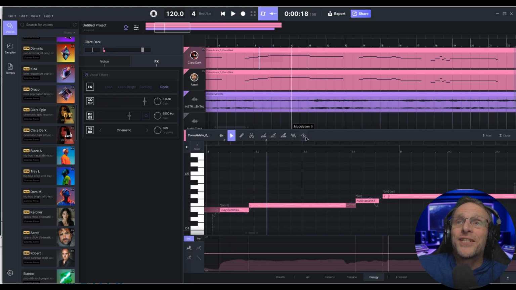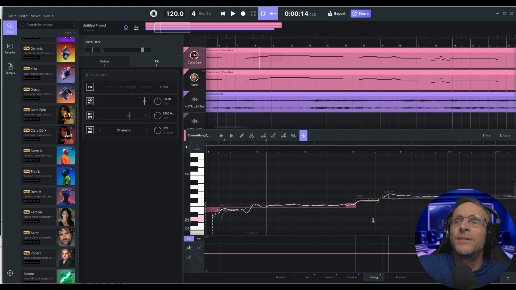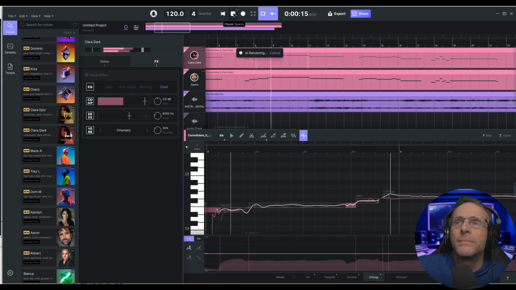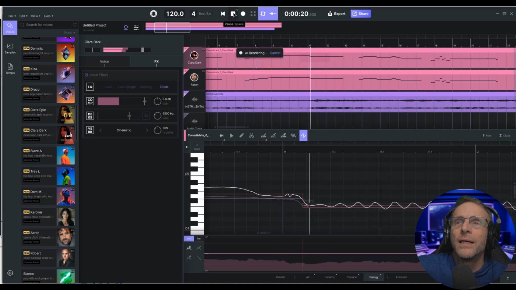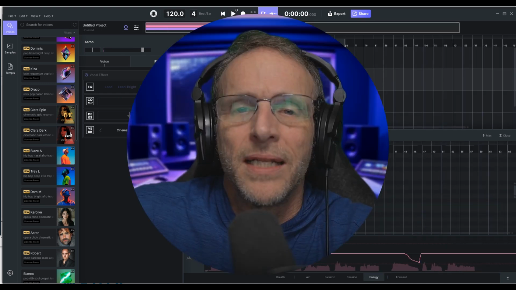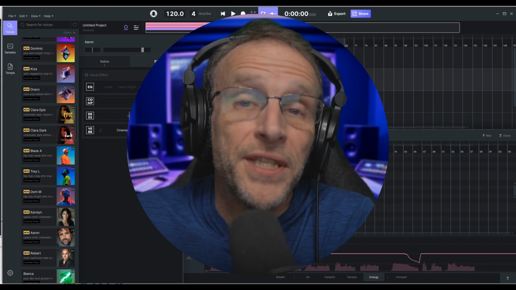I'm going to smooth it out just a little more even. I'm going to take that little modulation part that's a little screwy and just bring it down and see if that changes it. Yes, much better. But let's flesh out Aaron's part a little bit and let's play with this choir feature.